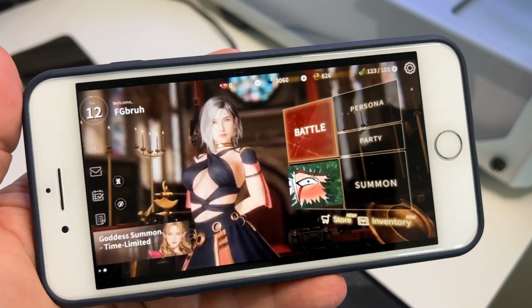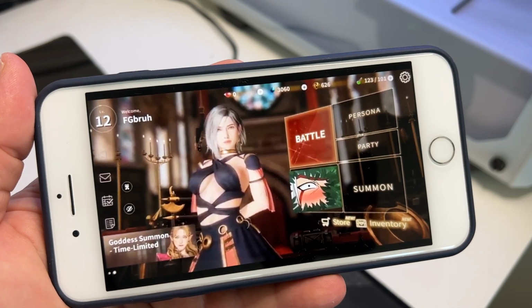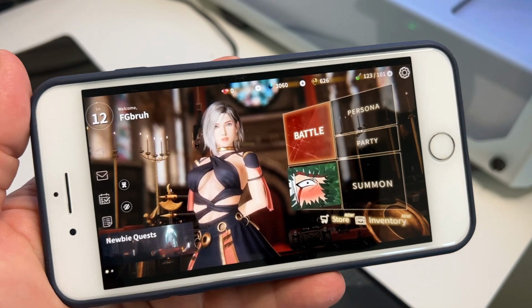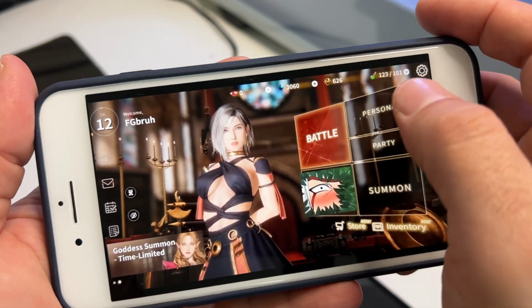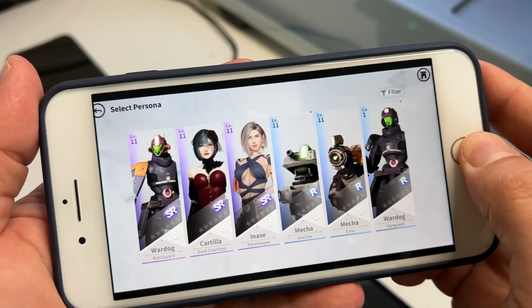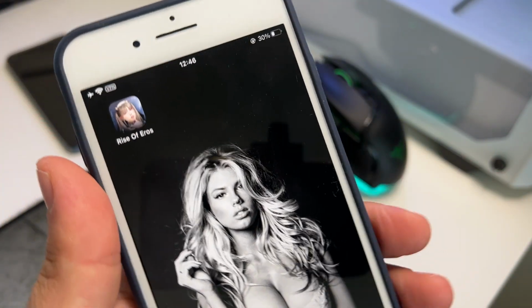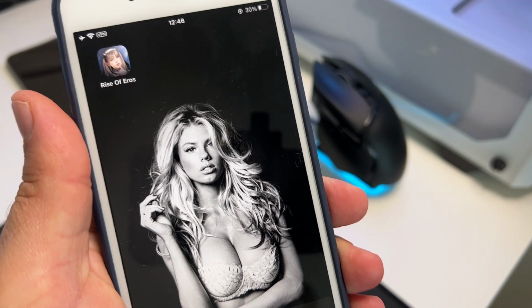Hey guys, what's up? In today's video I'm gonna show you how you can download Rise of Eros mobile version on any iOS and Android device for free. I will show you step by step how I did it. It's pretty simple and everybody can do it. So if we go back guys, I can show you exactly how to get it on any iOS and Android